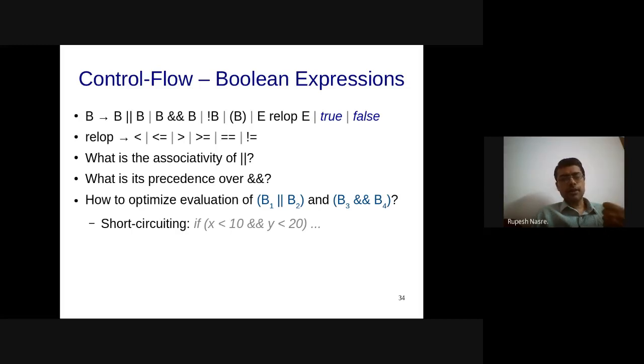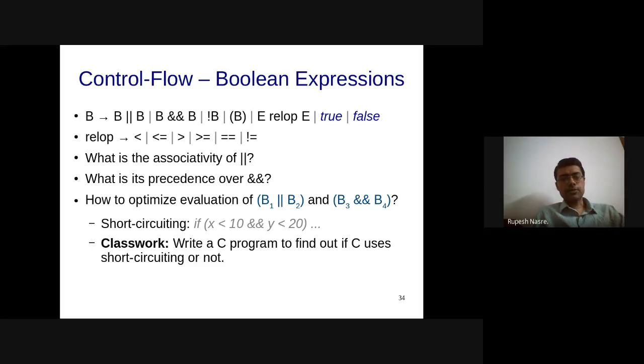Can somebody write a small C program to find out if C uses short circuiting or not? Right. So how can an expression be using side effects?